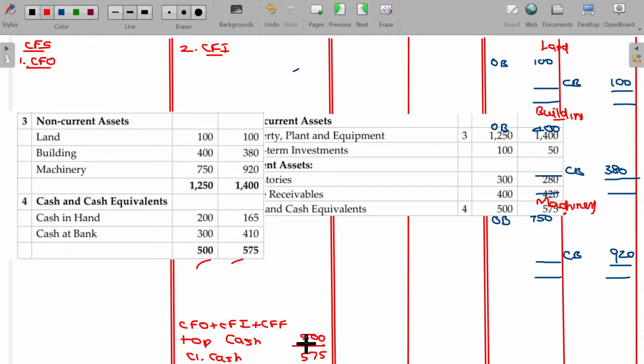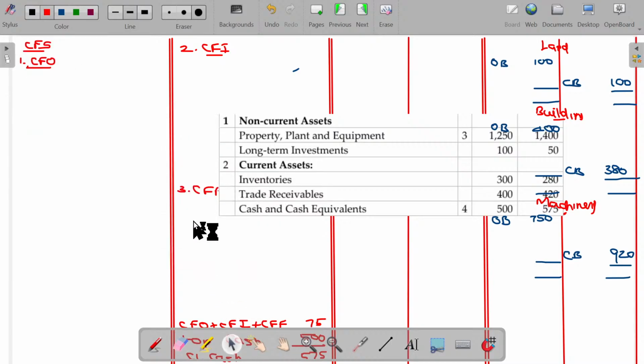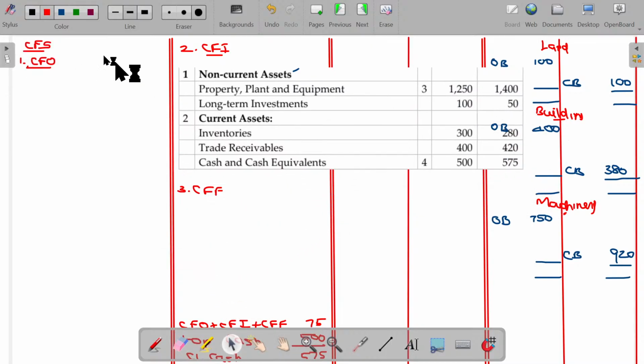So the cash from operation, investing and financing should be 75. Okay. If you add the 500 with 75, you need to get 575. Definitely the summation of these three should be 75 rupees. Right. Now here,